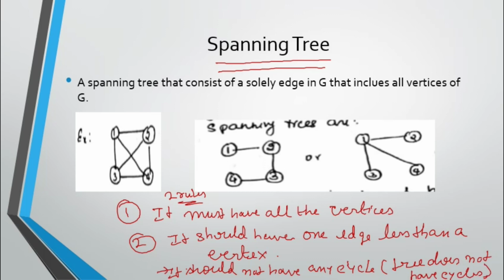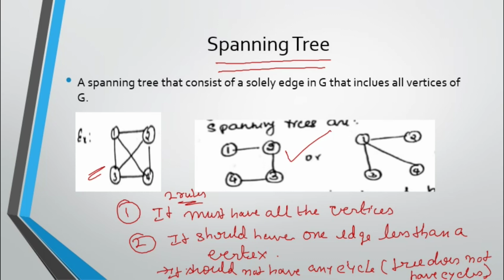So this is a graph. Wherever I am pointing now, that is a graph. It has cycles, it has everything. So there you can make two spanning trees here, any number of spanning trees. The edge arrangement can be anything. You can observe there you have four vertices and one edge fewer than that. So that is right. It is three edges and four vertices.